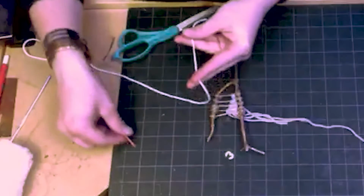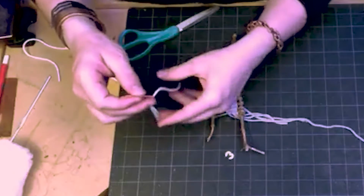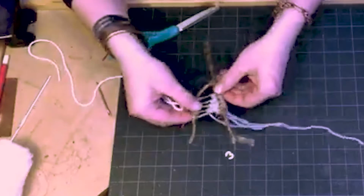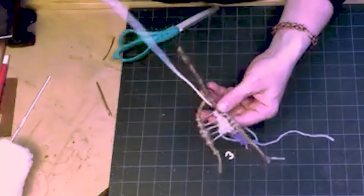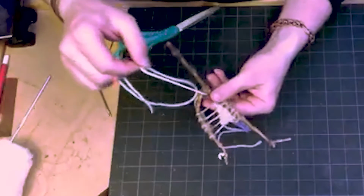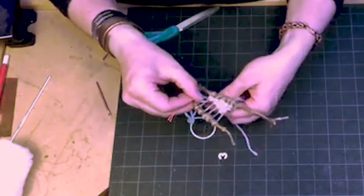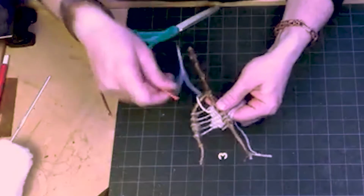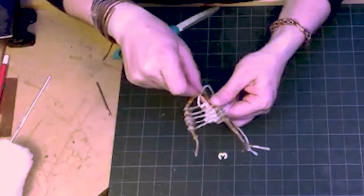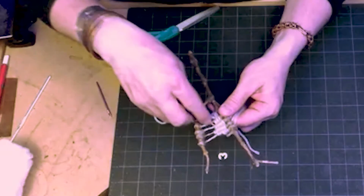But okay, I'm going to show you how to do this with the bobby pin first, but then I am going to move on to my needle because it's much easier to do this with the needle. So, keeping the tail. And because all of these come over and around and down, we want to kind of keep that going. And then, because we want to keep that slope going up, if we go up to here,